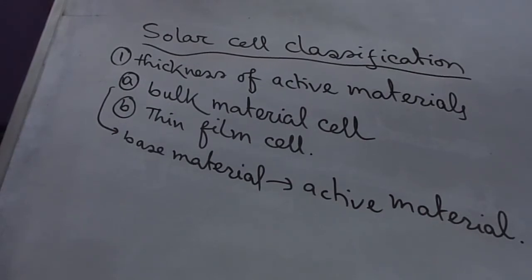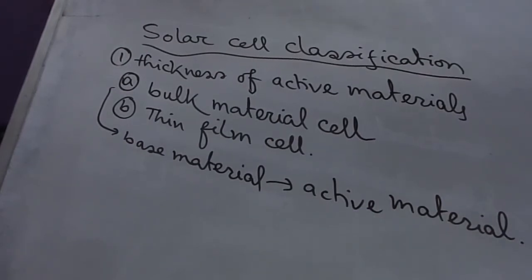In a thin film cell, a thin film deposition of active material is carried out on a back support sheet known as the substrate. Thin film solar cells have the major advantage of significantly low active material consumption and the possibility of a continuous sequence of production processes, unlike batch processing of bulk material solar cells.